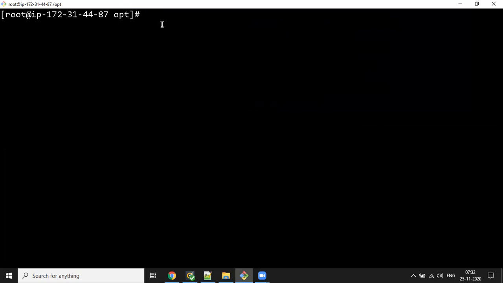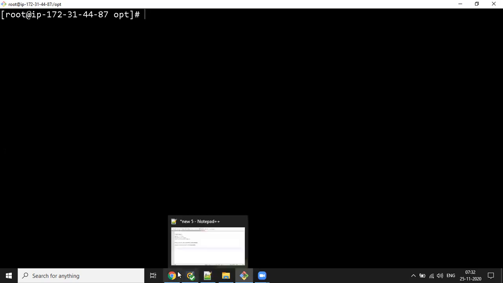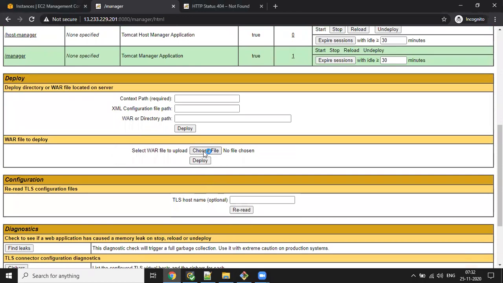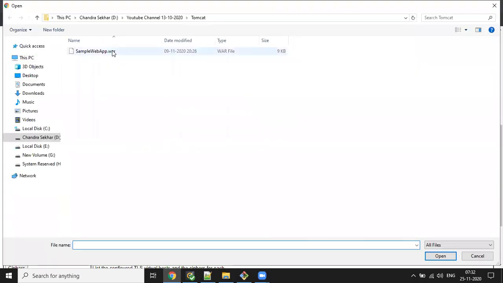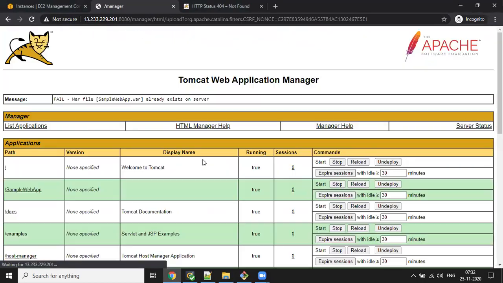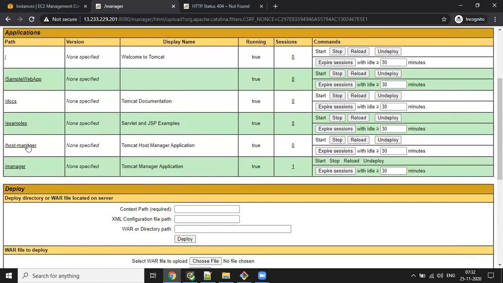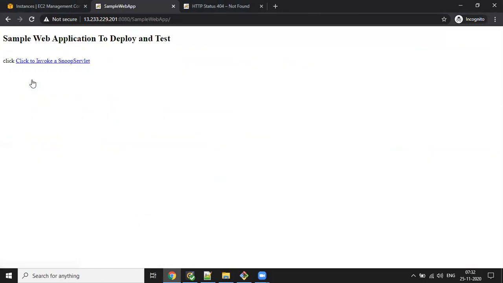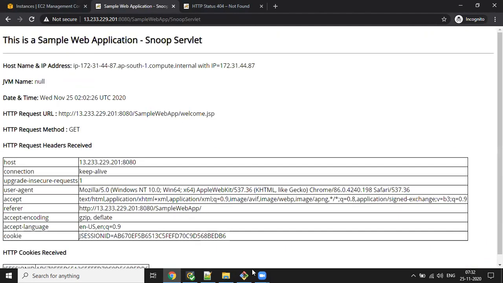Like that you can change the default appBase from webapps to any of your folders. Then you can deploy that war file. Now we can try to deploy one war file. Sample web app.war deploy. So it is there. Just getting the details.